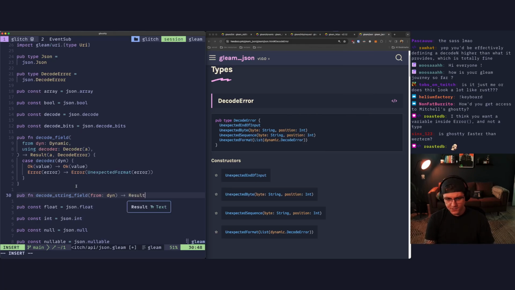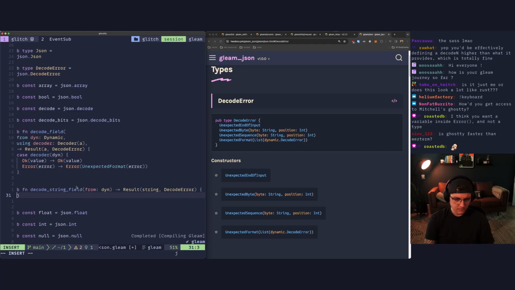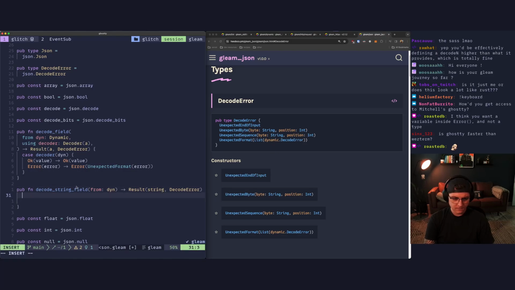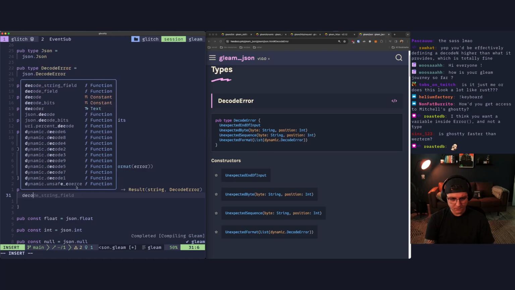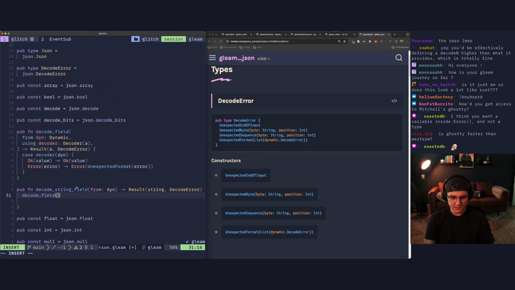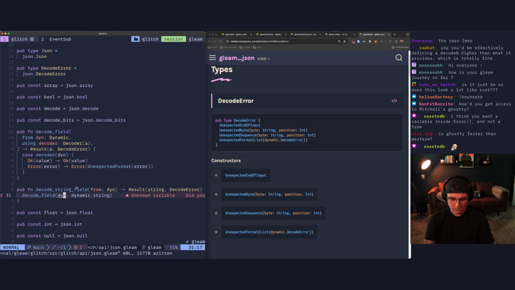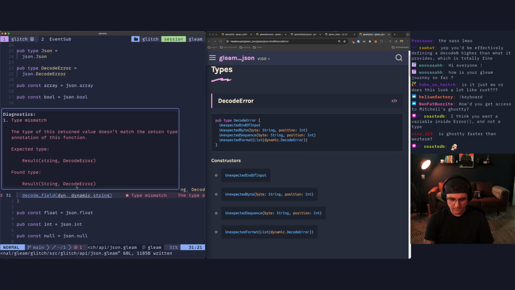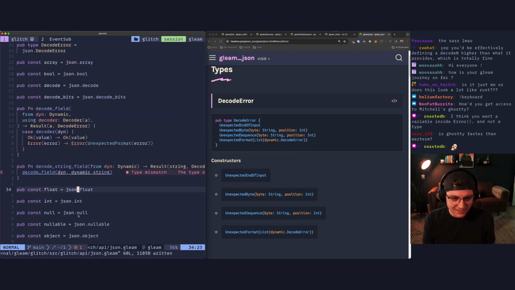So let's return a result of a string or a decode error. And then we'll call decode field, and we'll pass in din and dynamic.string, is it string? Oh, of course. Obviously the expected type is a string decode error. But we want a